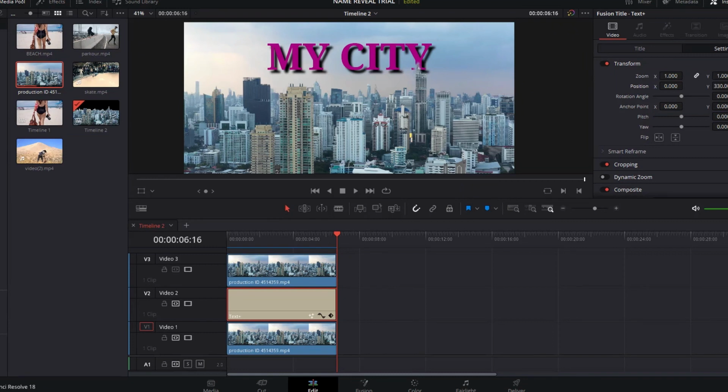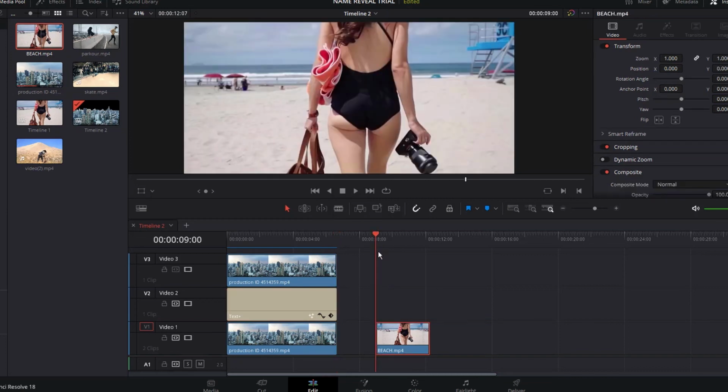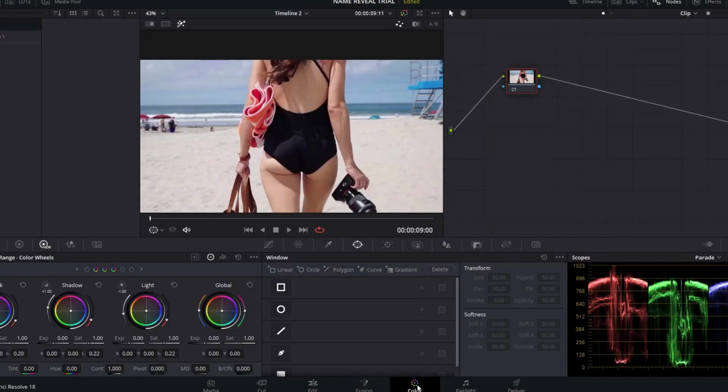And now I'm going to show you a second method on how to achieve the same effect, but unfortunately, this is only with the Studio version, because the Studio version actually makes this whole process much easier. So I'm just going to add our second video on video track 1. I'm going to do the same thing, which is hold down the Alt key and drag it to video track 3. I'm going to make sure that I've selected the video on video track 3, go to the color page,